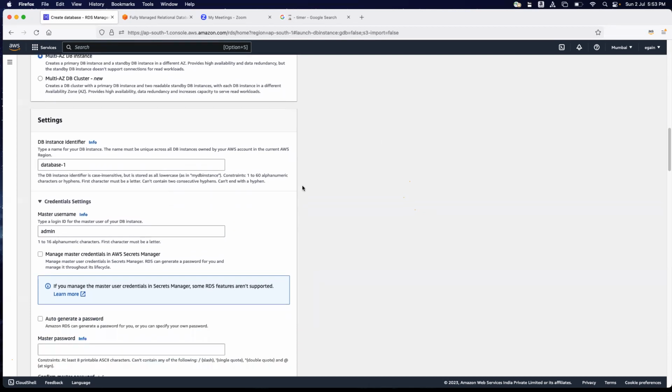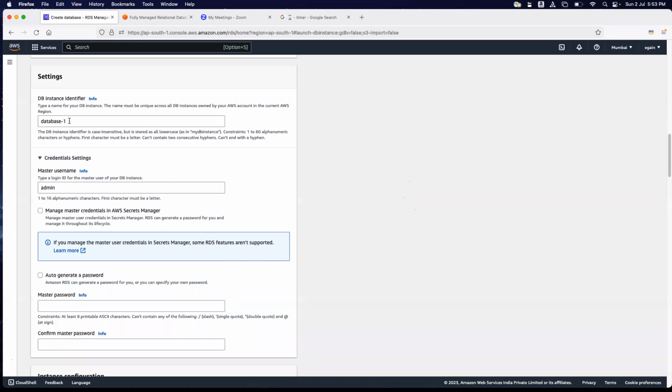So this is something you also need to know, that there's a cost associated with these multi-AZ DB instance options. Now, under the settings, for any database you need to have instances, right? The database instance, and under the instance you can have multiple databases. If you are a database administrator, or you have come across any database configuration, you know that there's an instance, and under a database instance you can create multiple databases, right? So I'm going to do exactly the same thing. Let's say our database instance name is RDS Bootcamp,